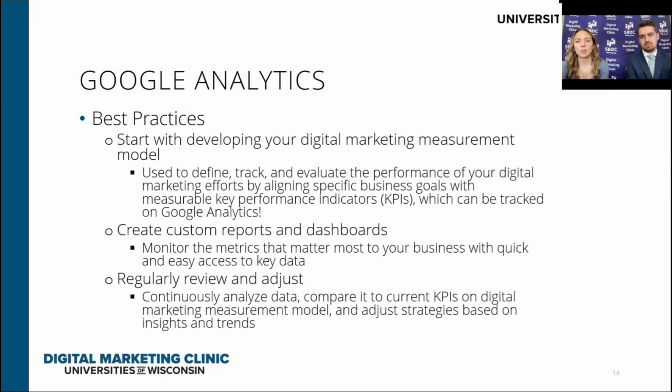But once you decide the metrics that matter, so after you look at all these analytics and all of this data, categorizing it and creating reports and dashboards, you can easily access the key data that you're looking for with this campaign. So this data should be reviewed and your strategy should be adjusted regularly based on the results that you are seeing. We suggest updating the marketing measurement model every quarter, so about every 4 months. If you notice that you are improving a lot and you want to adjust that, maybe do it every 3 months, anything like that, that works as well.